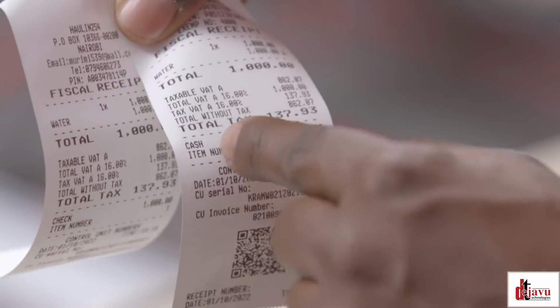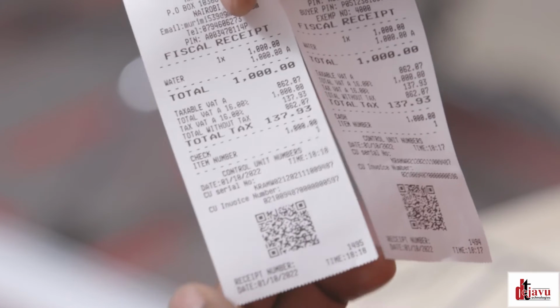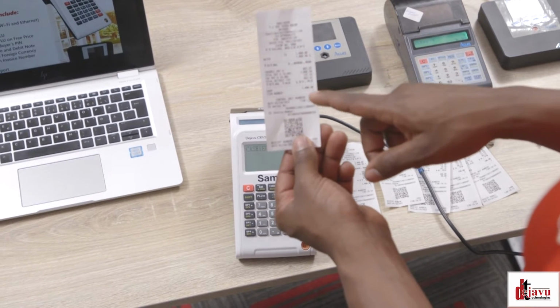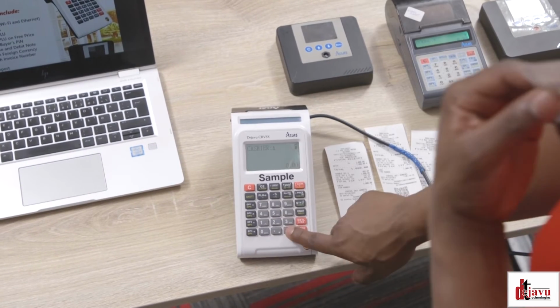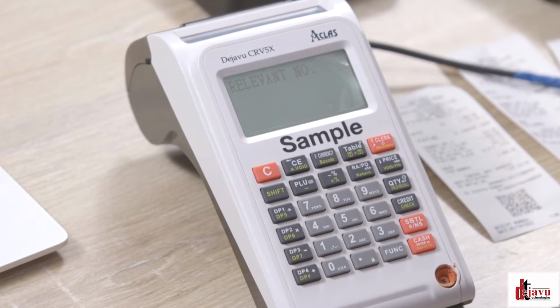We have cash, then we have check. Let's say I was supposed to do 100 instead of 1,000, so I'm going to reverse 900. So how I do that, I press function and choose credit note, debit note, relevant number is this,